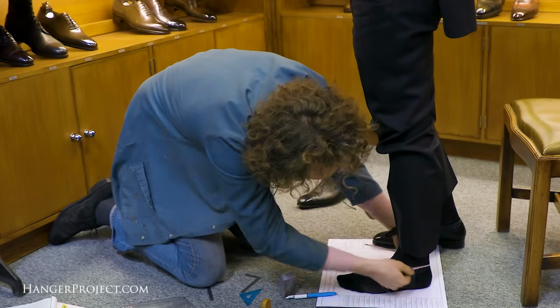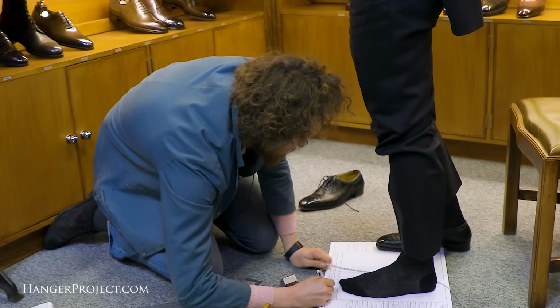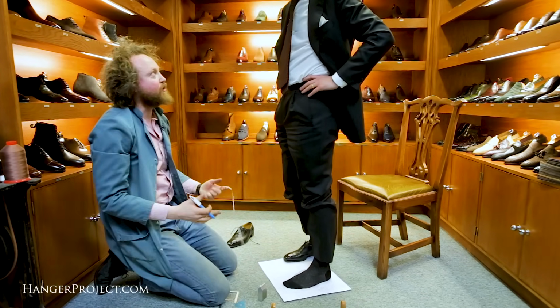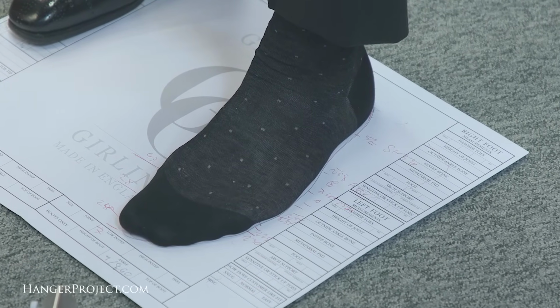So from the same measurements, with how you take them, you could do a boot last, like an Oxford and a casual? Yeah, I would do different lasts for these styles of shoes, but I would measure the foot the same. So the measurements of your foot stay the same, but you change them slightly. Most of it stays the same, but the style of shoe will have some impact on what the last needs